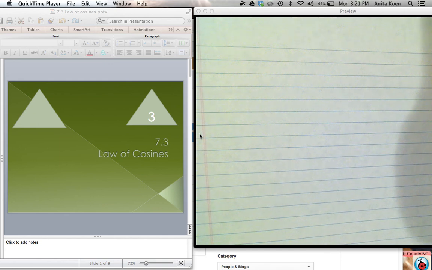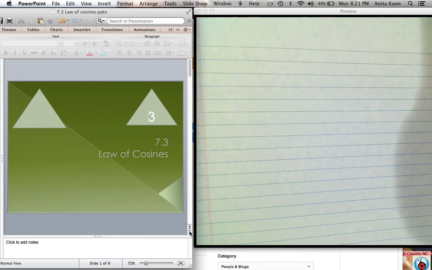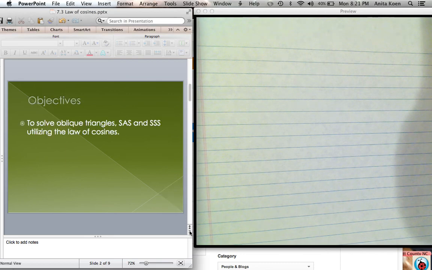Today's lesson is on the law of cosines. Our objective for today is to solve oblique triangles, side angle side and side side side type of triangles, utilizing